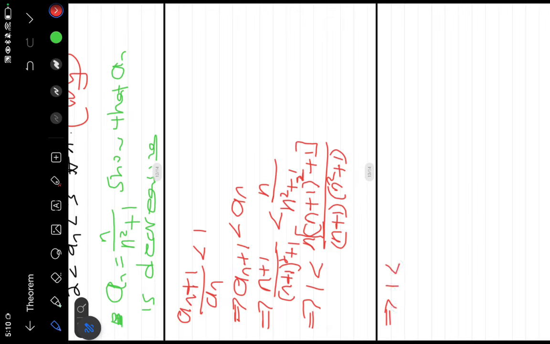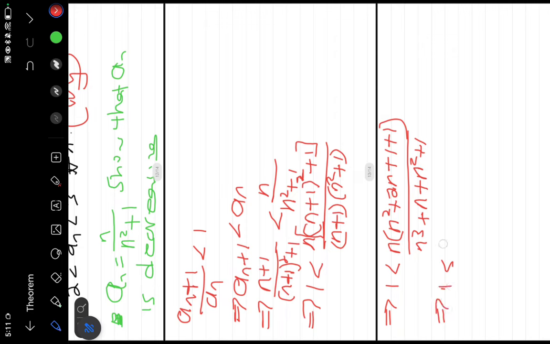let me simplify the numerator. I'll have n times (n squared plus 2n plus 1) plus 1, all over n to the third plus n squared plus 1, which would imply that 1 is less than (n to the third plus 2n squared plus 2) all over n to the third